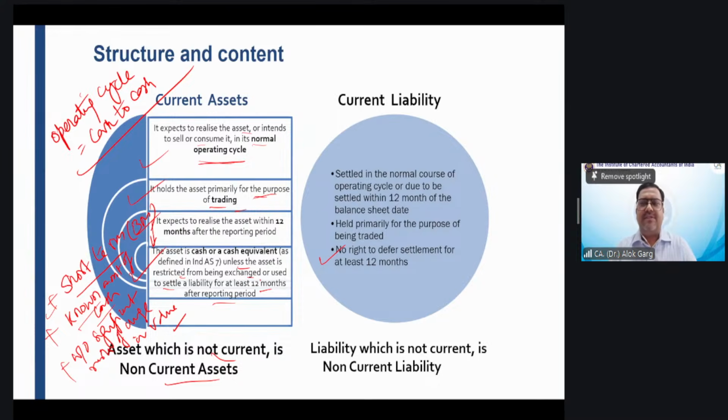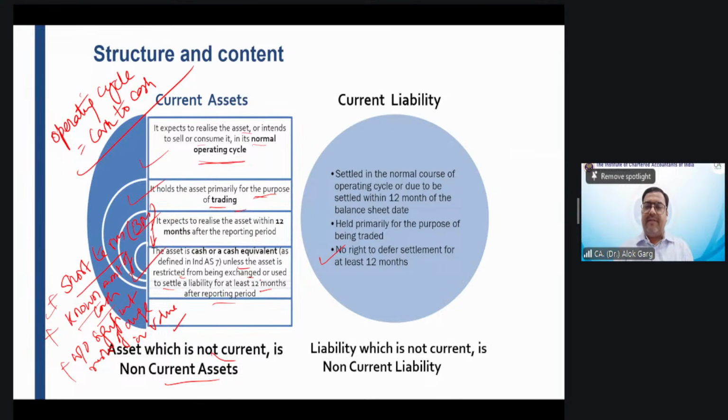Is it a cash equivalent or is it not a cash equivalent? Why is it not a cash equivalent? It is not a cash equivalent, absolutely right. It is a restricted cash balance, right? It can be used only for the specified purposes. It is not available for free use, and hence it will not be considered as a cash equivalent. While it can be a current asset, it will not be considered as a cash equivalent.